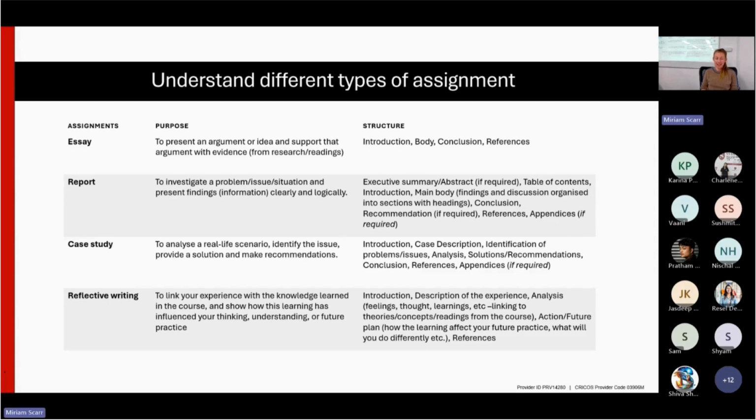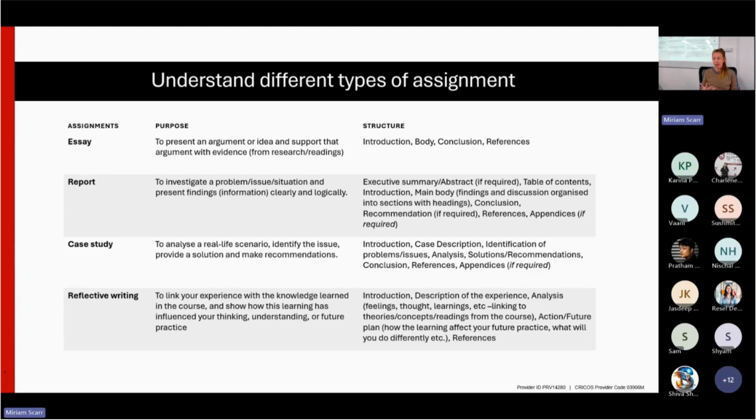Now, reflective writing is something that I think we're going to go into more detail in a later academic writing workshop. The reason for that is that we find a lot of students really struggle with this concept of reflective writing. However, it is a core skill, essentially, that we don't want social workers to graduate without. I often tell my students that